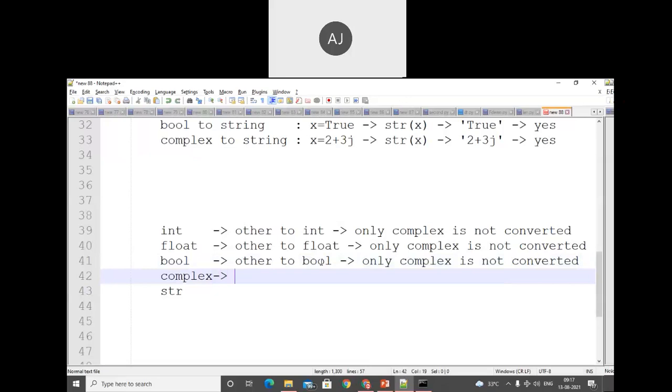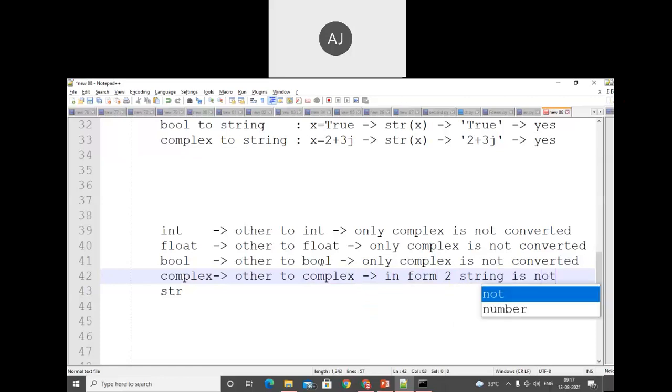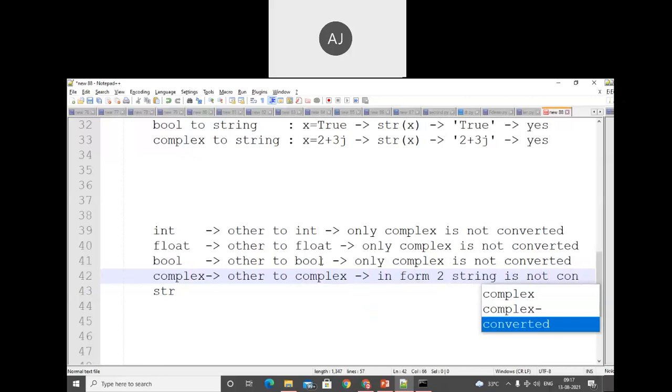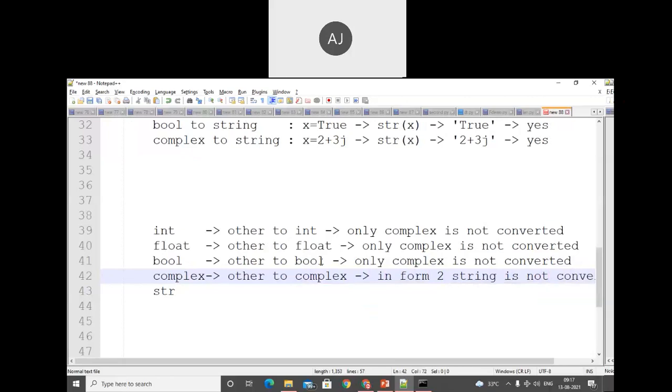The last one is complex, in that, other to complex. In that section, string is not converted. Okay, assume that I have written that statement. In form 1, everything is converted: int will be converted, float will be converted, bool will be converted, string will also be converted.